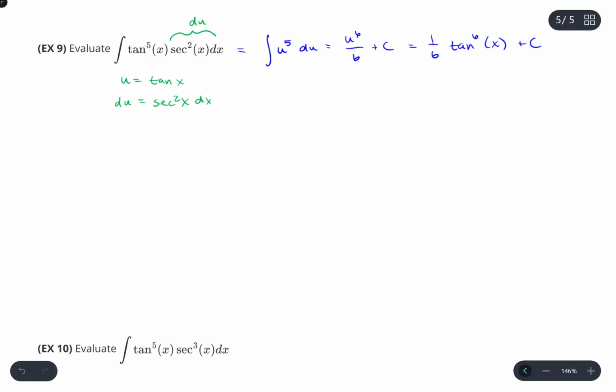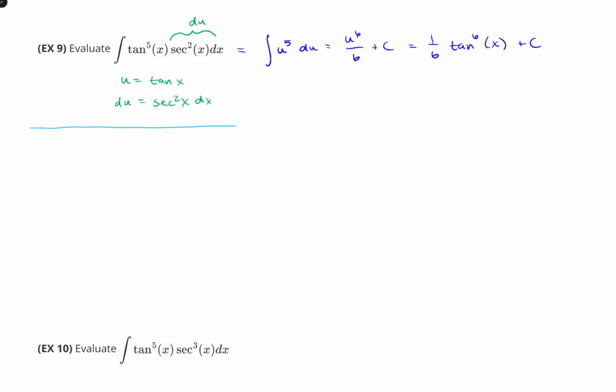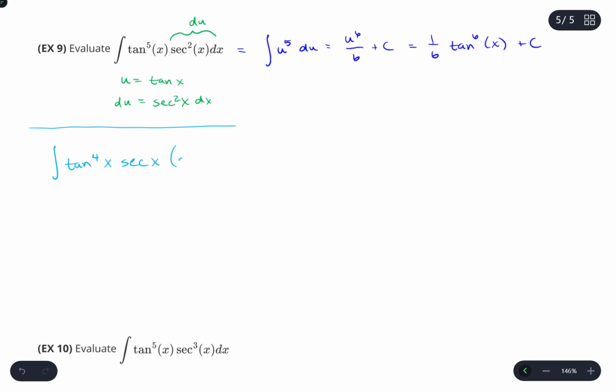Now, if I chose to go the other direction, then what would happen there is a little bit more difficult. Because you see, the thing is, I would need to preserve a factor of secant x tangent x. So this would be written as tangent to the fourth x, because I'm pulling out one of those to come up with a factor of tangent, times secant of x times secant x tangent x dx. Okay,